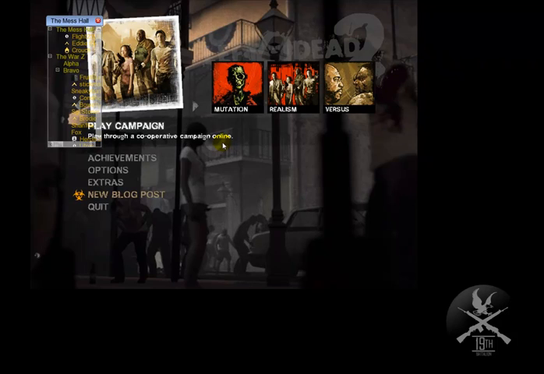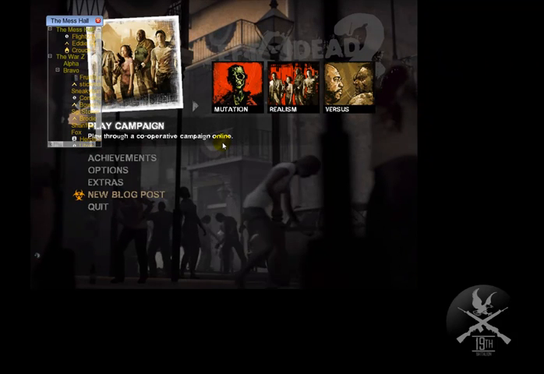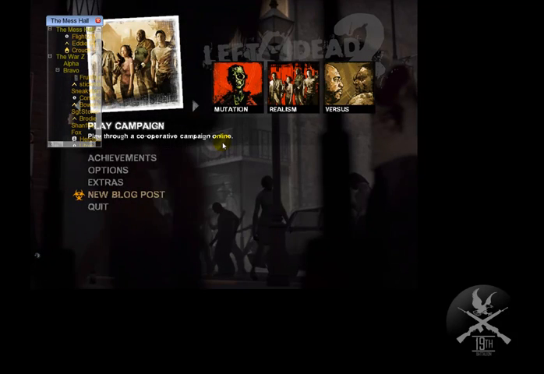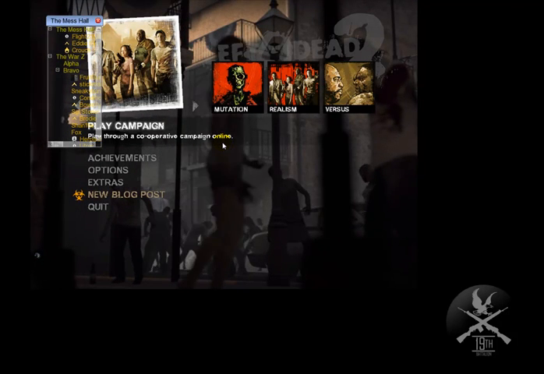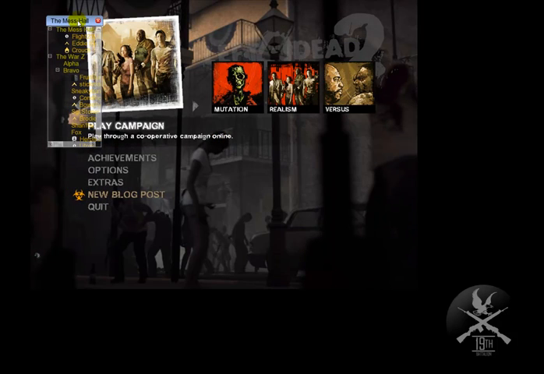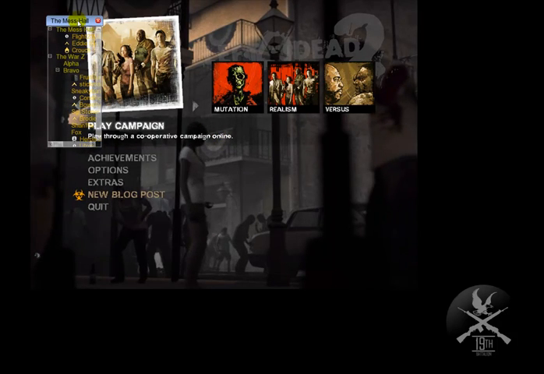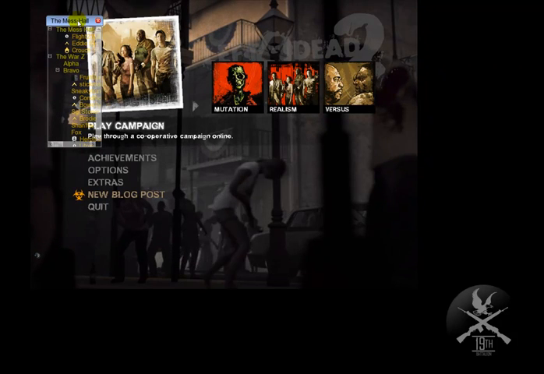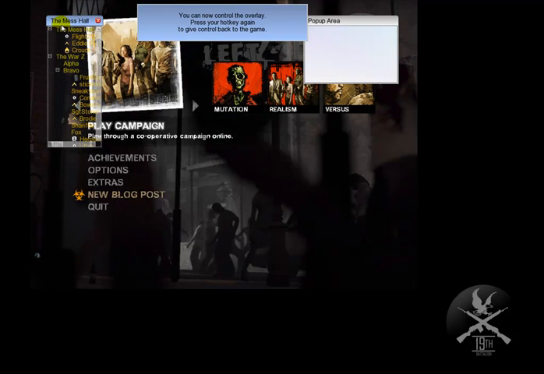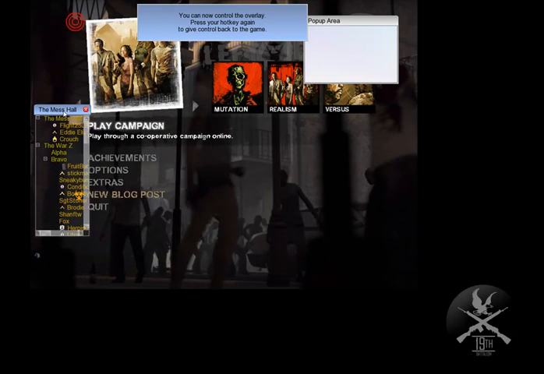Okay, so I've opened up Left 4 Dead, and as you can see I've got my TeamSpeak 3 overlay sitting up there in the left hand corner. In the coordinates that my TS3 overlay settings had, which is 50X and 50Y. Now I also set my Control Shift and number key, so I have control of my overlay in game. So I'm going to go ahead and press Control Shift and number pad, and as you can see I get some options. First one I notice is that my mouse now interacts with my